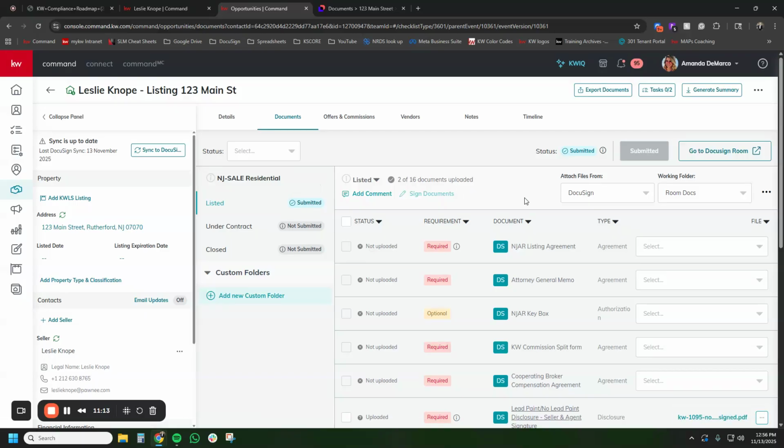Once the compliance coordinator reviews it, they will either give it an approval or reject it if there's anything that needs to be fixed. Now, this is another reason why we strongly encourage you to submit all of your documents as soon as you have them signed. If there is a signature missing or an initial field that's missing or perhaps even an entire form that is missing, we don't want you to wait until the deal has closed in order to get those forms,